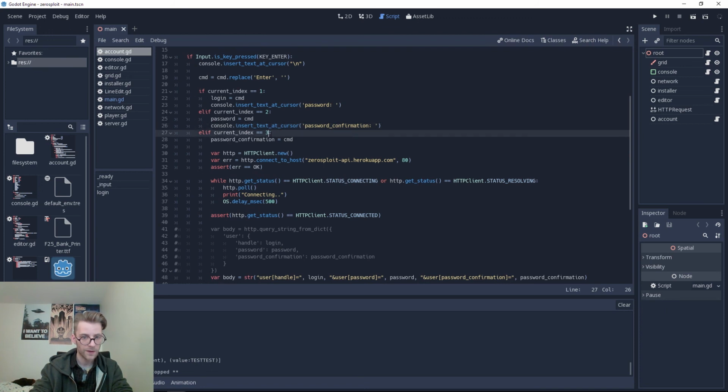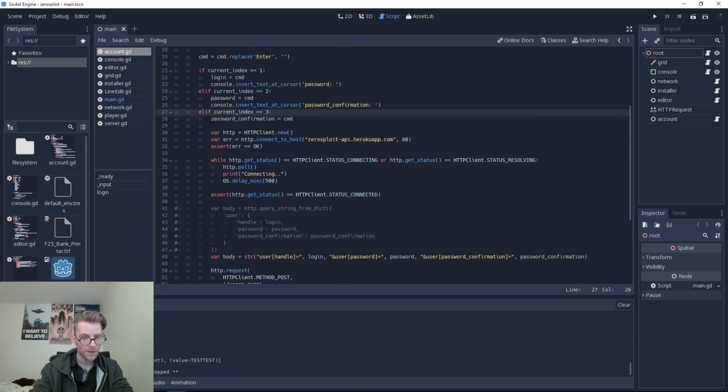And then when the current index is 3, we set the password confirmation to the final bit that is typed. And then comes the really icky part. So we have to create a new HTTP client, instantiate a new client, store it in HTTP, connect to the host zerosploit-api.herokuapp.com on port 80, and store the response in error, and then assert if error is okay. If not, your script will crash and it will give you